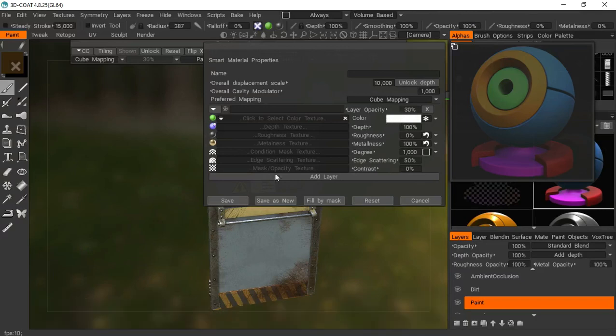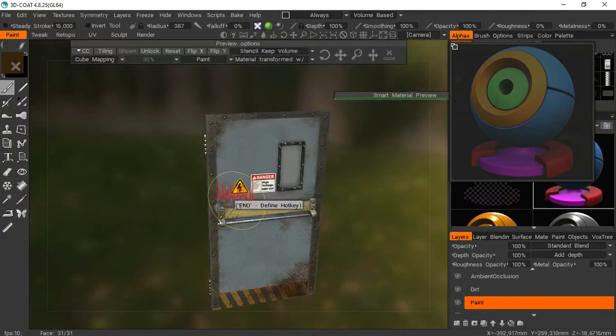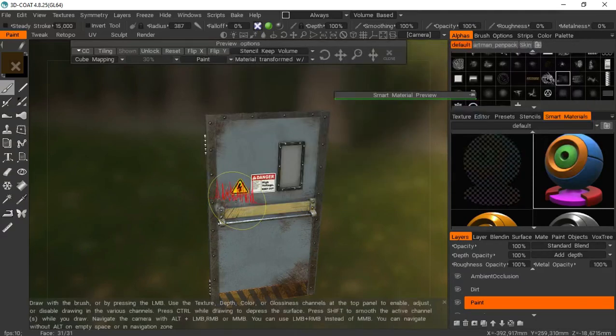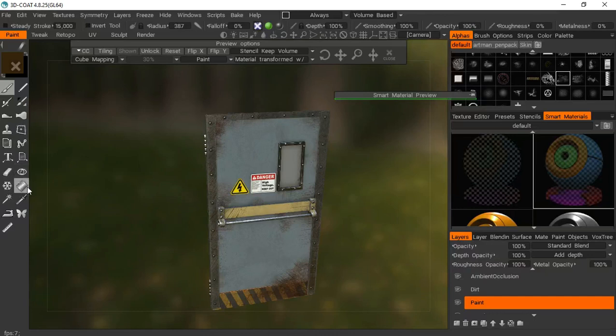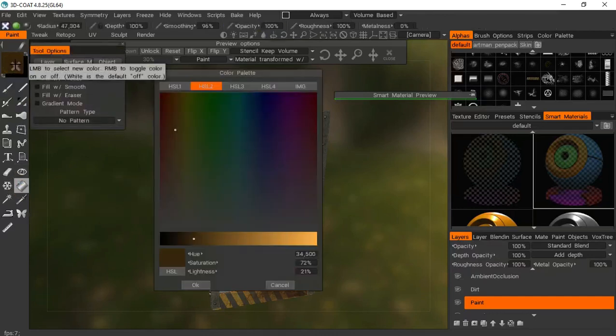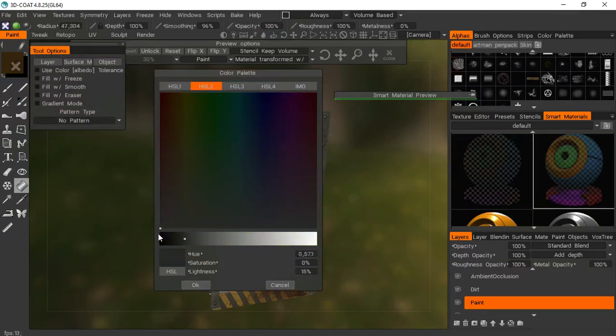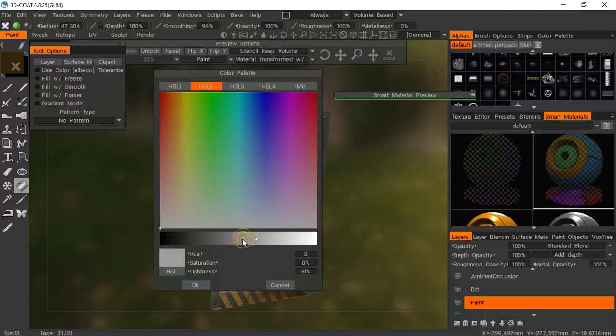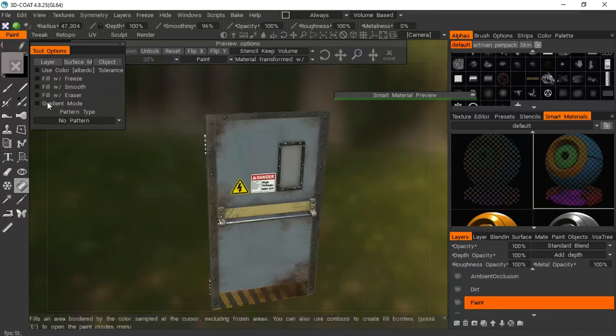And then from there, you can press save. And then you can come to the fill tool, just make this white, okay, and uncheck that,